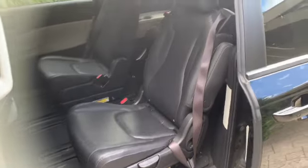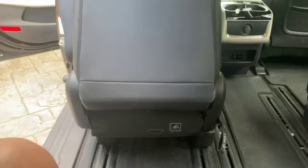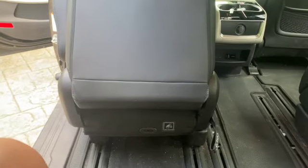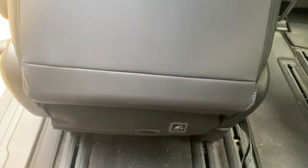So first, bring the seat forward. In your Kia manual, it tells you that there's a handle behind this stand here. When you lift that handle, you'll be able to remove this seat. But that handle is no longer there, it's being disabled. So what you do,